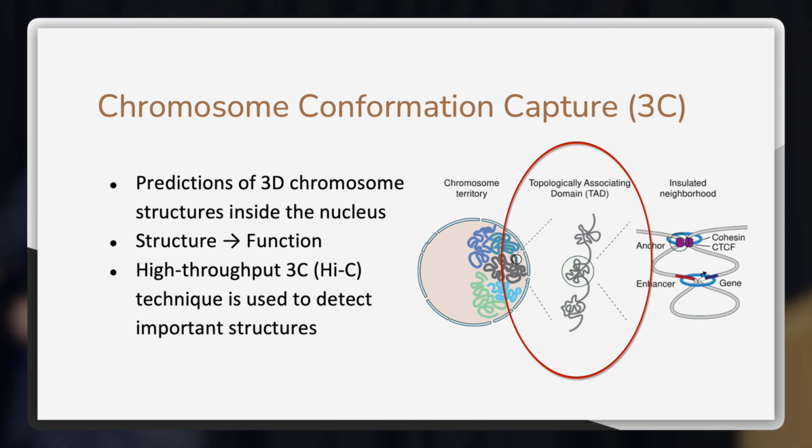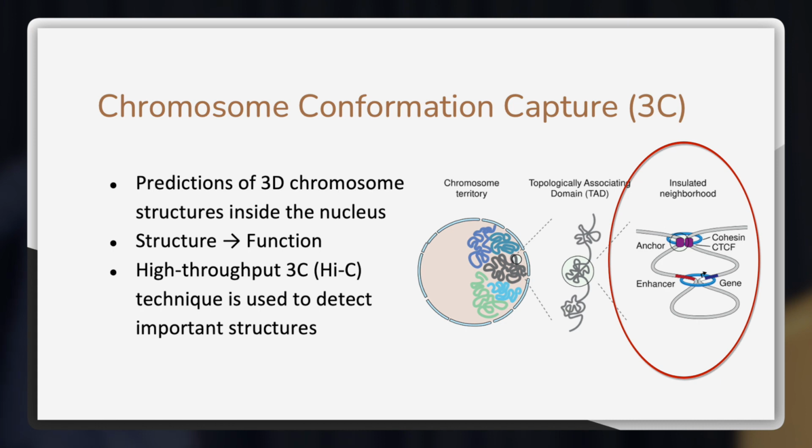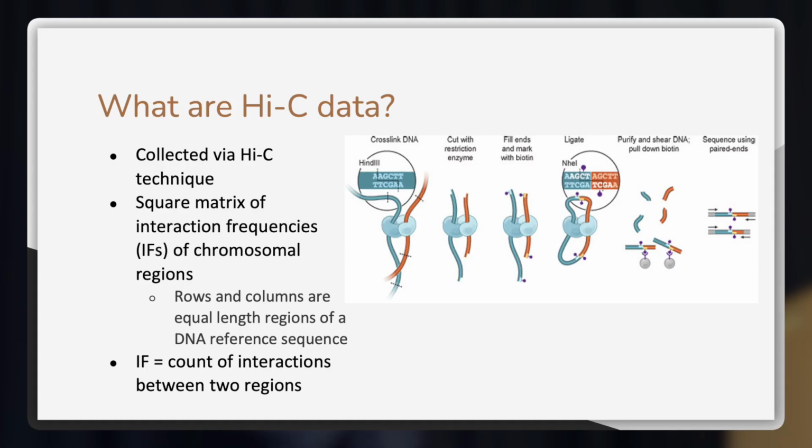And you zoom in even further and we get insulated neighborhoods, which are regions of chromatin loops where biologically significant interactions are happening, where DNA transcription is occurring. And so Hi-C data is collected via the Hi-C technique, where the DNA is allowed to cross-link with itself. It's then cut with a restriction enzyme. The ends are then marked with biotin to be ligated together, and those are then sheared to create these things